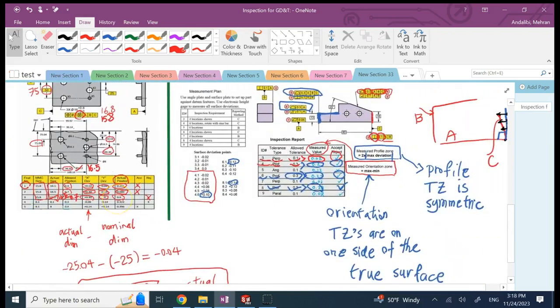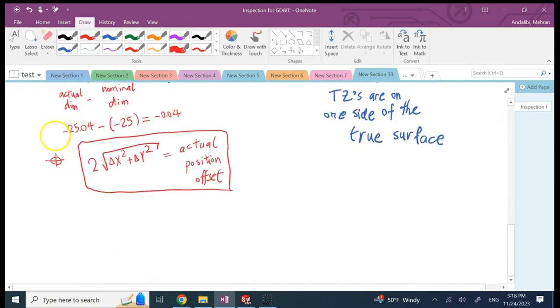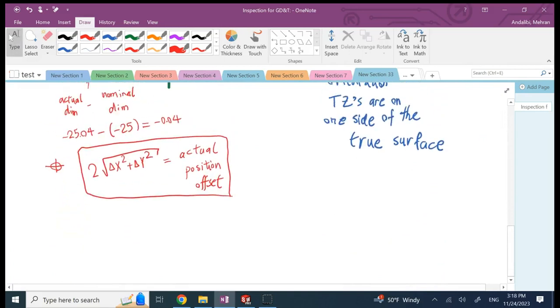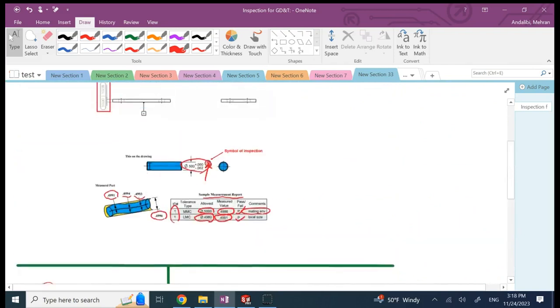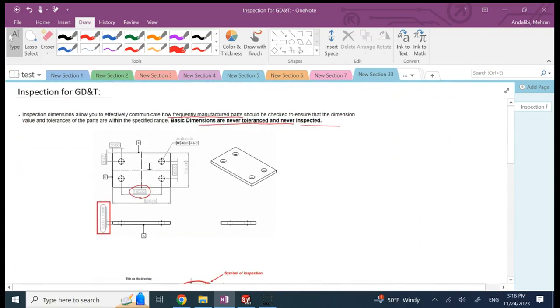And for a position, the measured value is this formula that you can see: 2 times the square root of delta x deviation plus delta y deviation, both squared. Okay, so hopefully this lecture was useful to you